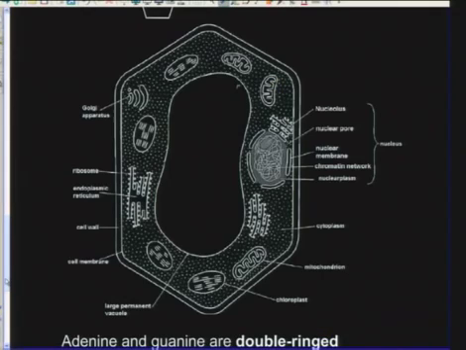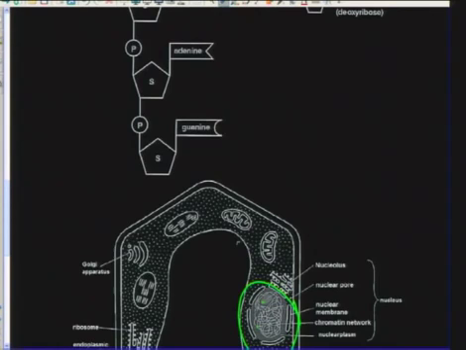Here's a plant cell, an example of a plant cell. And when we look at it, we'll find that here's the nucleus in this area here. And inside the nucleus, you have the nucleolus, and you have the chromatin network. The DNA is found there. The DNA of the nucleus is found inside the chromosomes. In other words, what happens here is the chromosome